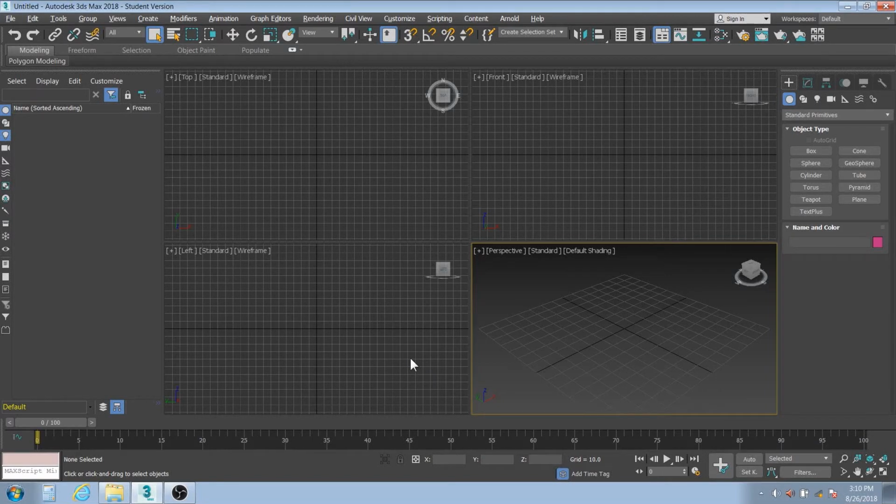Let's begin our first project. When we begin a project, the first thing that we want to do is get our viewports and our unit measurements set up. Okay, so what do I mean by that? Well, just as before where we changed this from wireframe to default shading, we want to do that every time. Because if you'll remember,